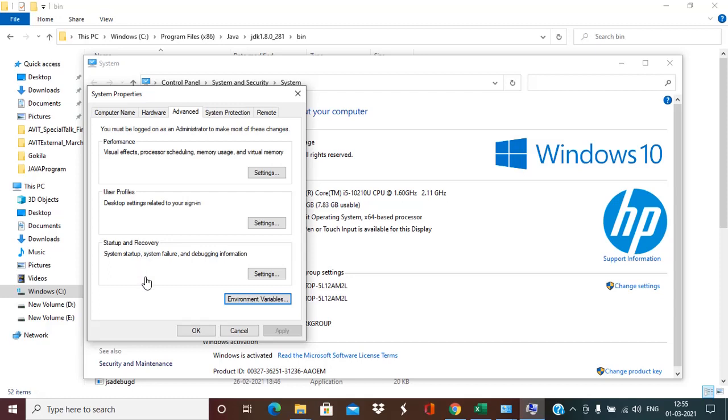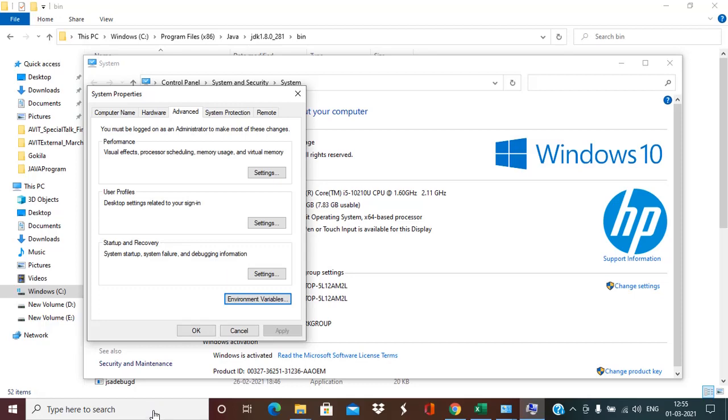Already many paths might be set based on the software installed in your system. Along with that, you give New, and a new empty box will open. There you paste the path you copied for the JVM, just Control V. Then give OK. It will set the variable. So this is one method of setting it.